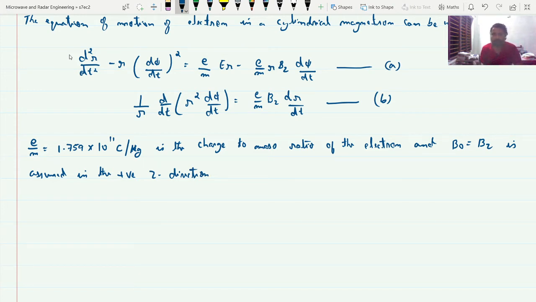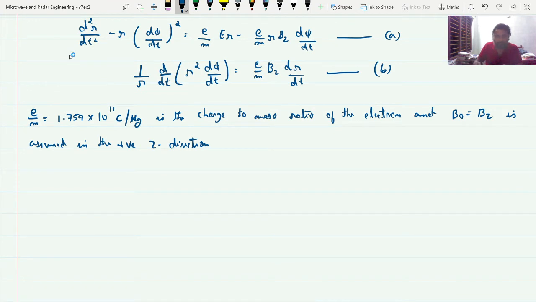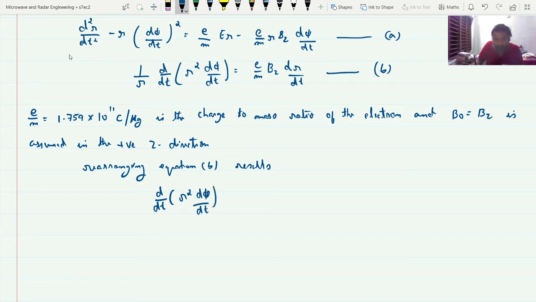So I will rearrange equation B. Rearranging equation B results in d by dt of (r square d phi by dt) equal to E by m B_z r dr by dt, because the other term r I bring into this term. So that I can write as 1 by 2